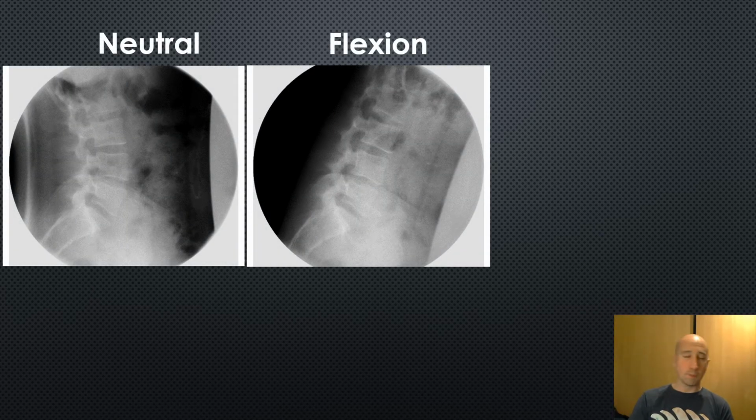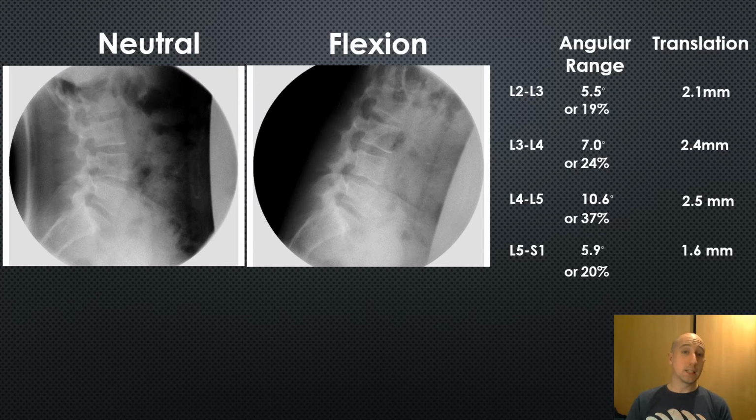Normally speaking, I've already mentioned this. If you were looking at the range, the mechanics of the spine, you take static images, and they provide you with static ranges, so angular range of motion or translation. These are just some examples of values. And really, if you wanted to find these, you wouldn't need anything of higher quality than these images, which are from a fluoroscope. They're very low quality images, but if you're just looking for the outline of the vertebra and looking at range of motion, you don't need anything more. So this is a much lower radiation dose. However,